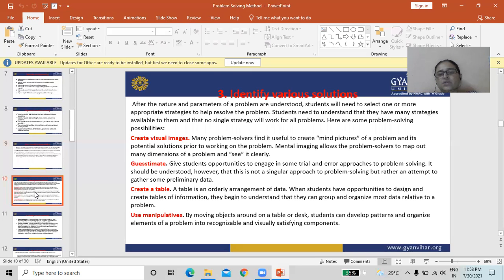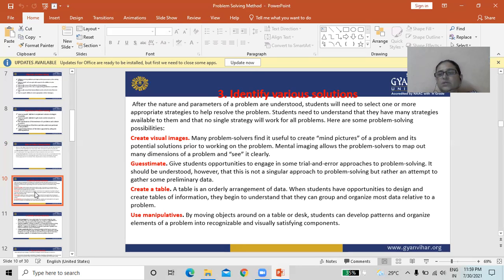Students need to understand that they have many strategies available to them, and that no single strategy will work for all problems. Here we will discuss some problem solving possibilities.